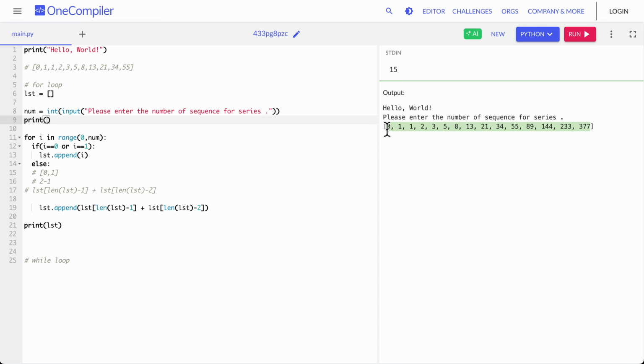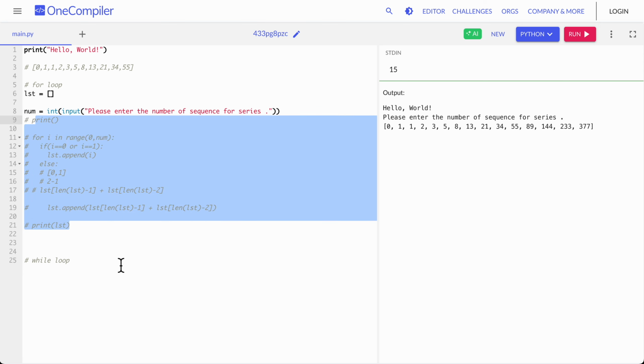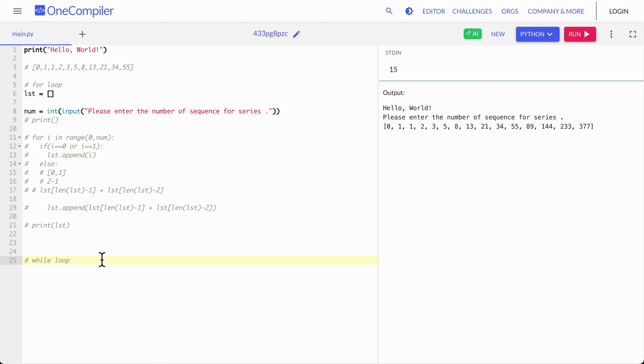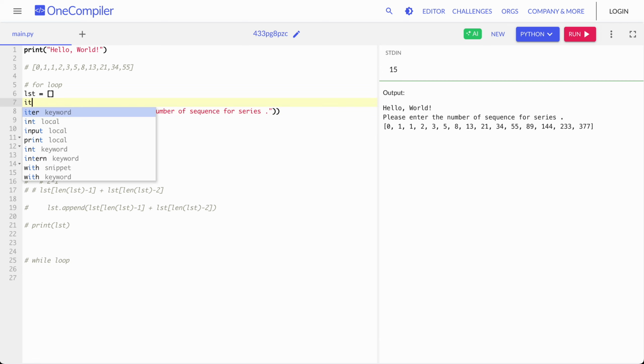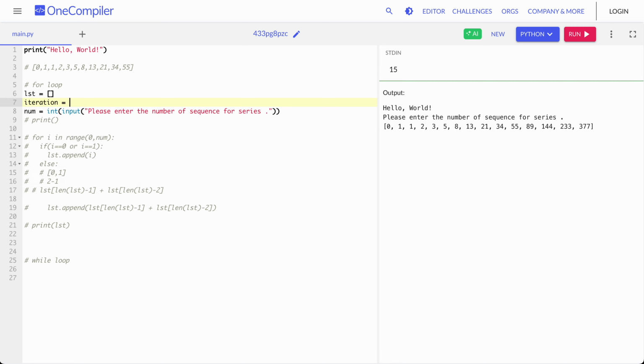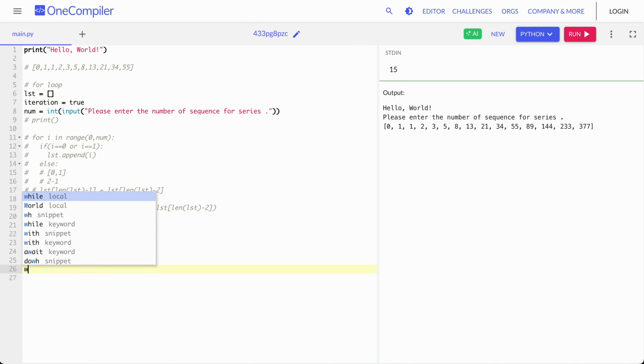Now this is when we wanted it to be for a number of sequence. Now we are going to do all these things with the help of a while loop, where what we will need is up to which number we want to print. Just like I give the example that we want to print till 1000, so the Fibonacci series numbers before 1000 will be printed. So how are we going to do it? Let the list be here, the number also here, and we are going to give one more variable here, iteration. Let's say iteration equals True, while